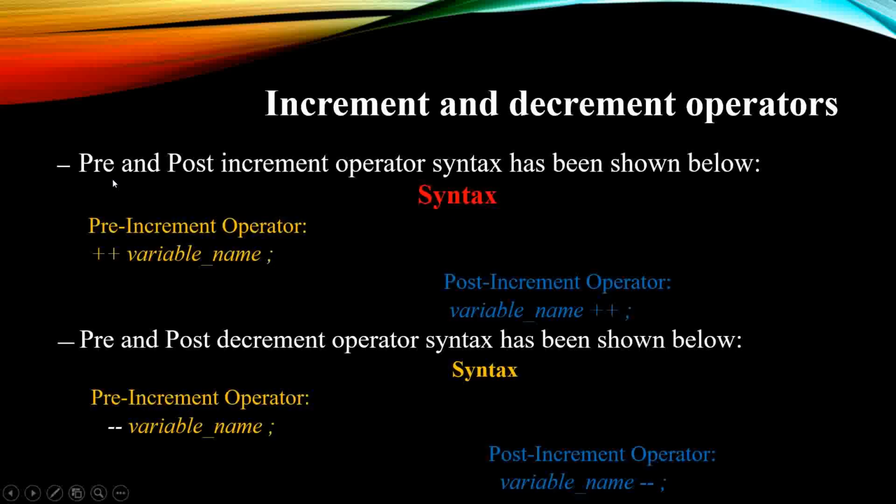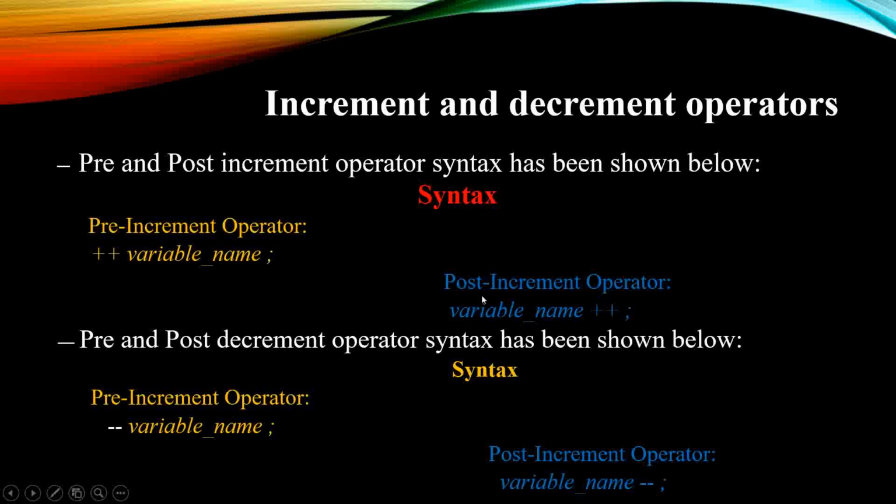ሶ አሁን ደግሞ ሞር ስለ ፕሪ እና ፖስት ኢንክሪመንት እናያለን ማለት ነው። እዚህ ጋር የምናየው ፕሪ ኤንድ ፖስት ኢንክሪመንት operators syntax has been shown below ማለት ነው። ፕሪ ኢንክሪመንት ከሆነ ፕላስ ፕላስ then ቫሪያብል ማለት ነው። ፕላስ ፕላስ ኤ ሊሆን ይችላል፣ ፕላስ ፕላስ ቢ ሊሆን ይችላል፣ ፕላስ ፕላስ ሲ ሊሆን ይችላል ማለት ነው። What about post increment? Post increment ሲሆን ደግሞ ቫሪያብል ይቀድማል መጀመሪያ ላይ። ቫሪያብል ኤ ሊሆን ይችላል፣ ቢ ሊሆን ይችላል፣ ሲ ሊሆን ይችላል፣ ዋትኤቨር ነው። Then ፕላስ ፕላስ ማለት ነው።